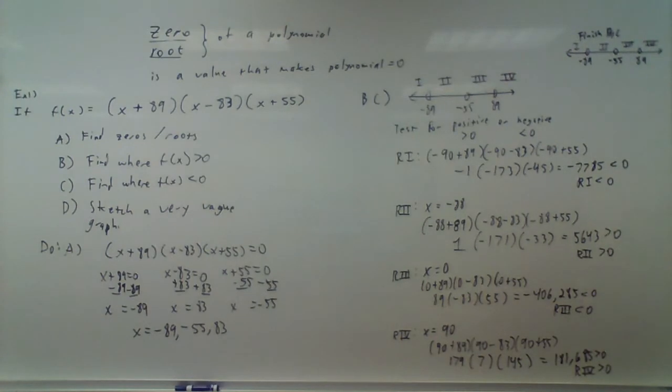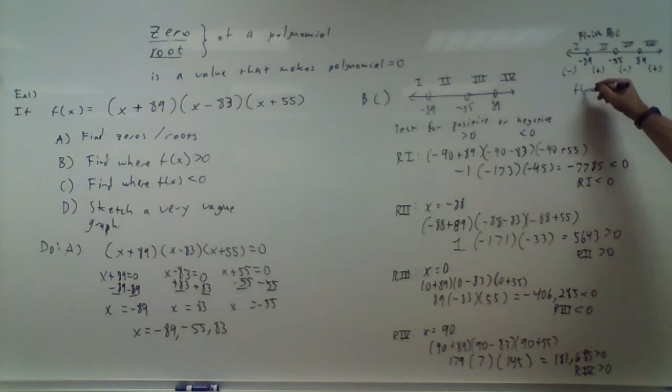Okay? So we determine that region 1 is negative, region 2 is positive, region 3 is negative, and region 4 is positive. So f of x